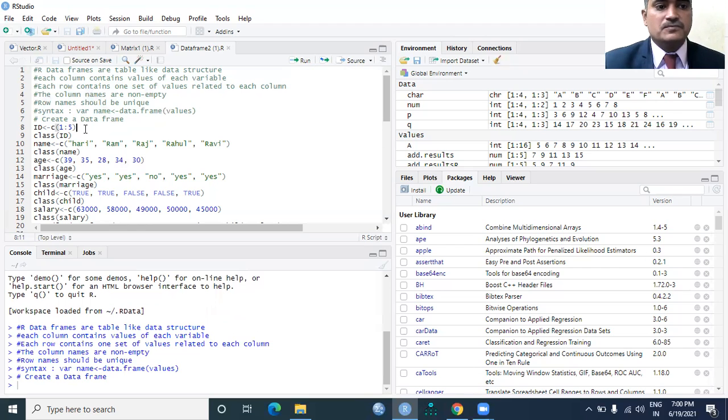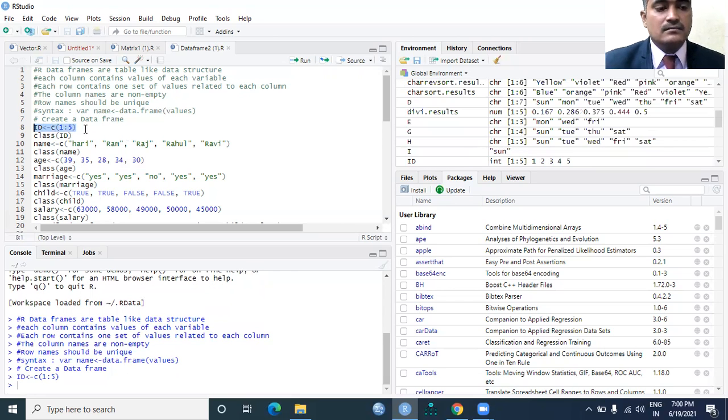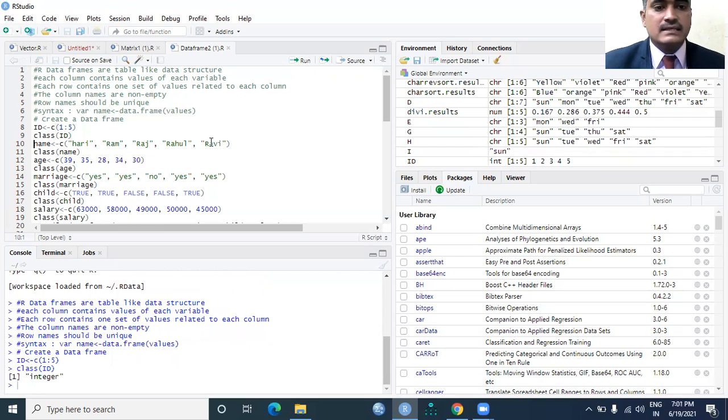So the ID numbers from 1 to 5. I want to execute this code. The ID variable's class is integer type. We will execute the class of ID also. Yes, it is an integer type.